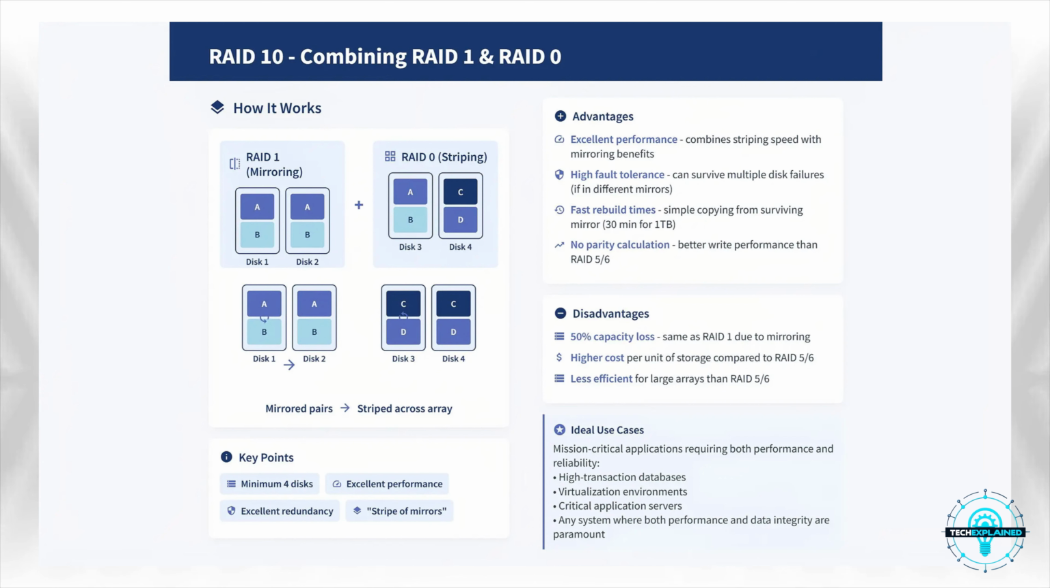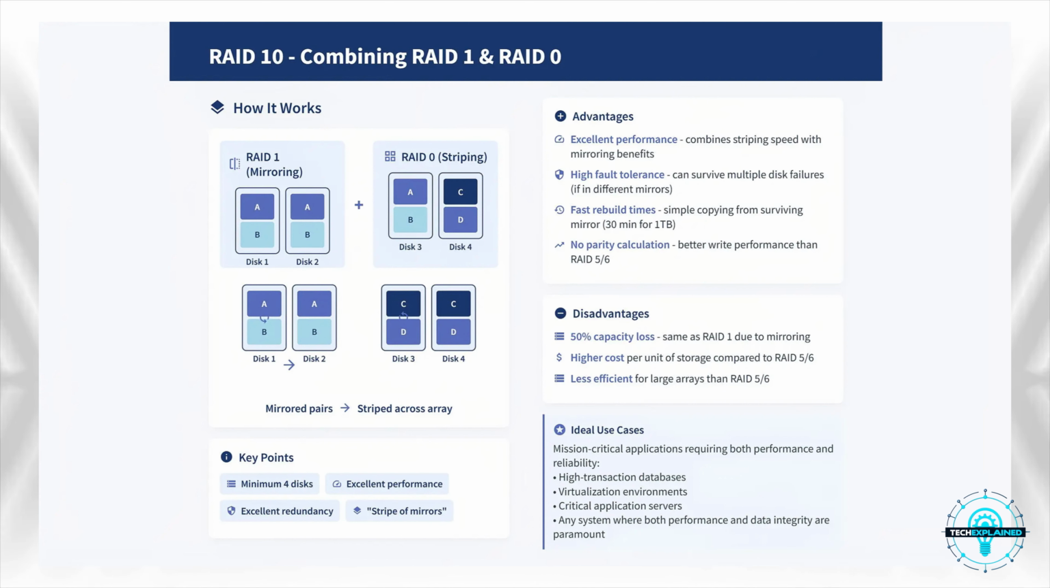When data is written, it is striped across the mirror pairs, and each mirror pair maintains an identical copy. When data is read, the system can benefit from both striping and the ability to read from either drive in a mirror pair. The advantages of RAID 10 include excellent performance for both read and write operations,